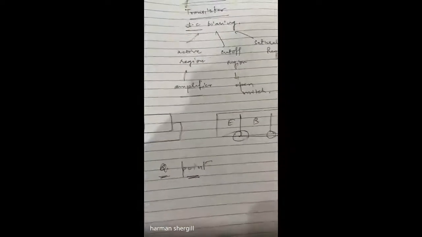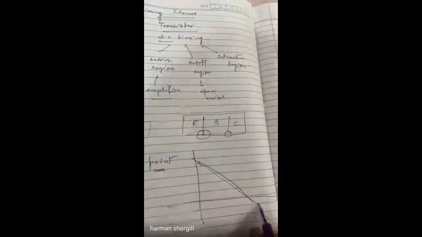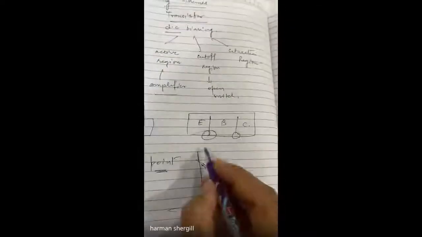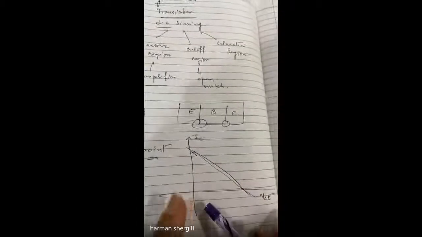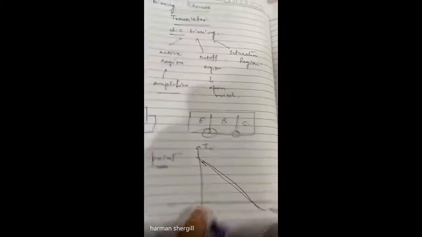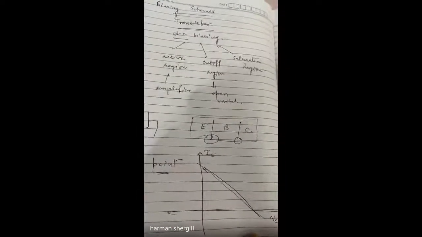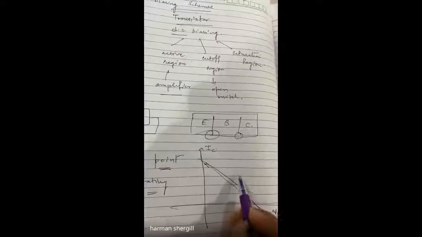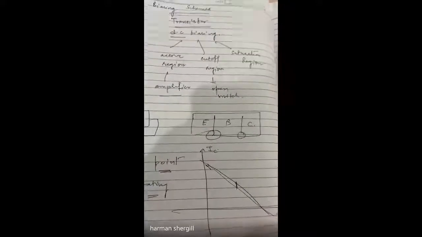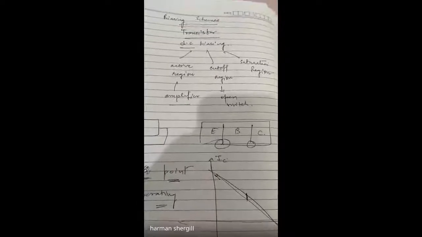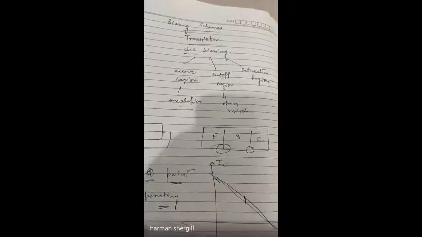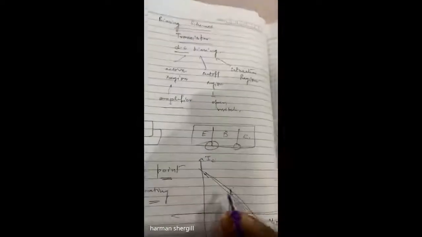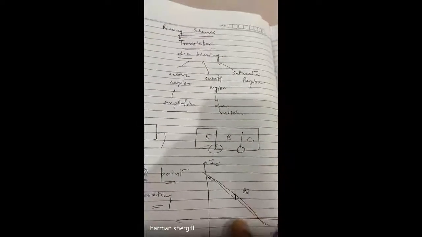The Q point should be, as I've told you, on the load line. This load line is plotted between VCE and IC. So this is known as the load line. The Q point is also called the operating point. The position of a Q point should be adjusted approximately at the center of the load line. If I want to use the transistor as an amplifier, for the purpose of amplification, then the Q point should lie exactly at the center of the load line.